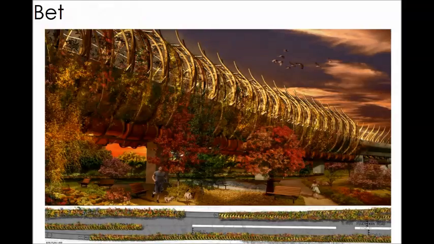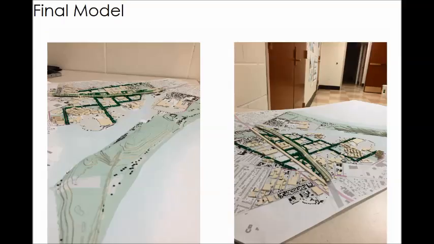So this is basically the outside structure of it. These are the barrels where it would catch the rain. It would either stay in here or it would go down into the vines or down. They also have buckets that go down into the soil for more treatment of the water. And I made a model for my project, and basically this is the highway right here with the urban forestry around it, and then these are all my green